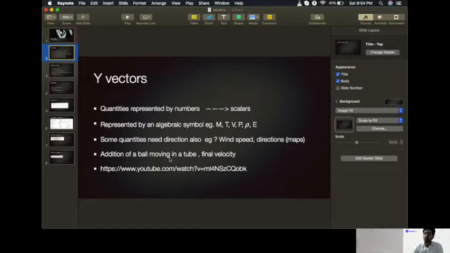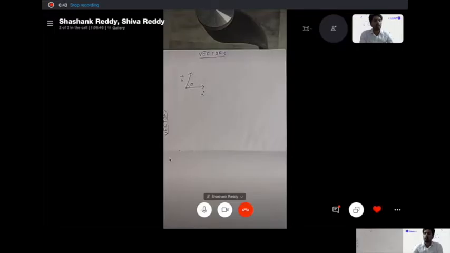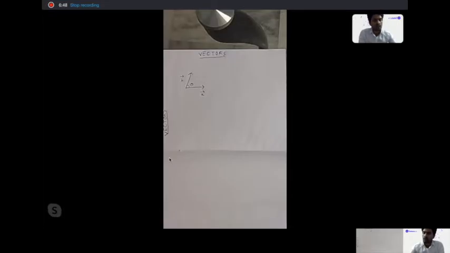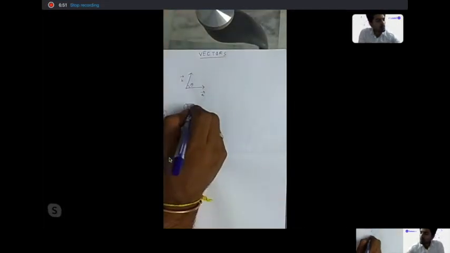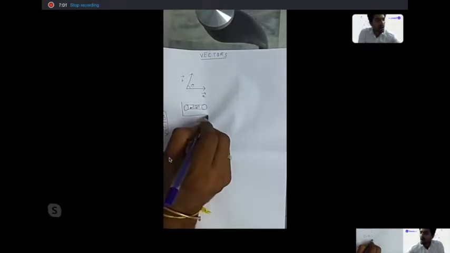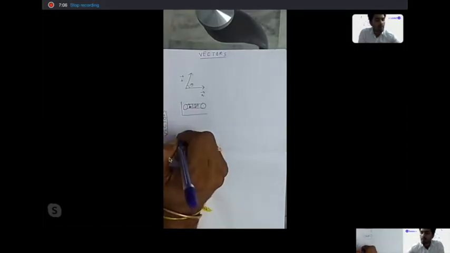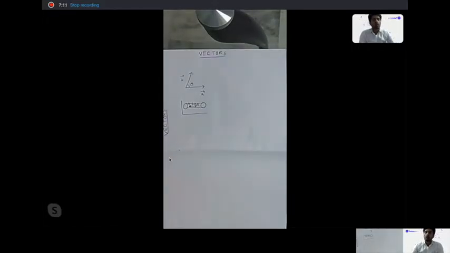So why do I have to define a quantity as a vector? In what way would it be helpful to me? In what way would it be different? Now, to answer this, let me ask you a question. Suppose I have a tube, and in the tube I have, let's say, a ball which is moving at 3 meters per second, right? Now, this is my room, and this is the ball. This is my ball, and that ball is moving at 3 meters per second. Let's say this tube here is at rest. Now, if I ask you, how fast is the ball moving? What would be your answer?